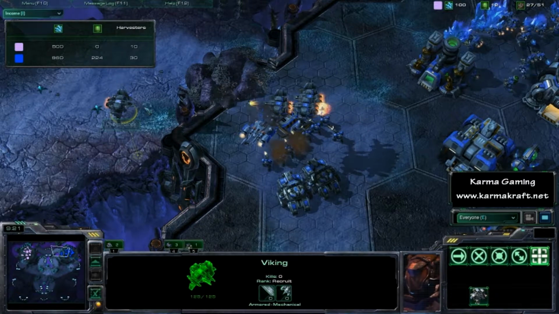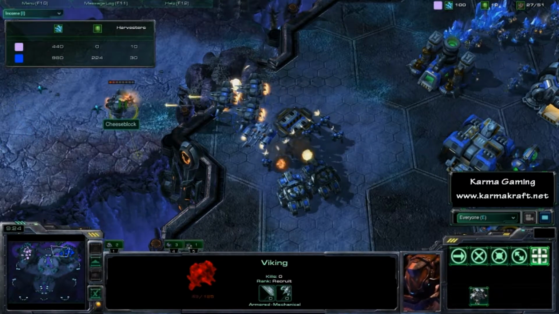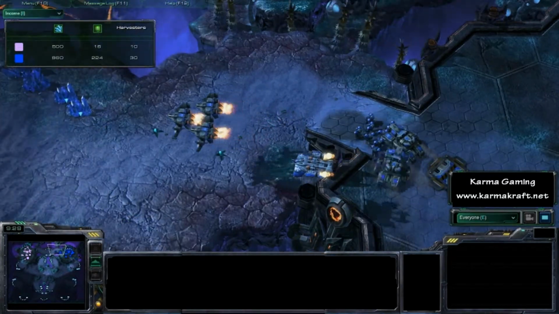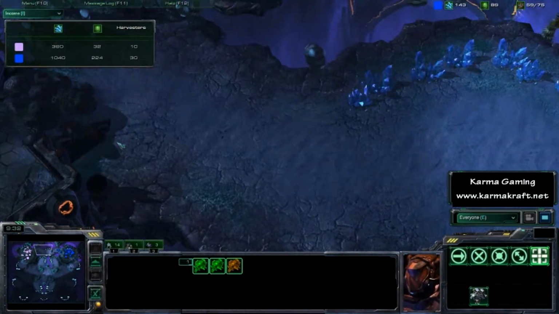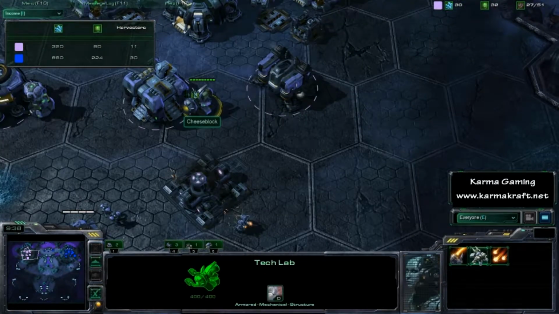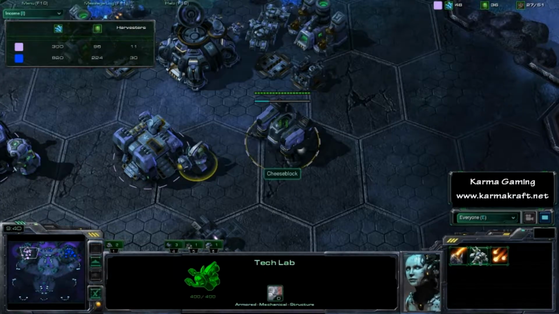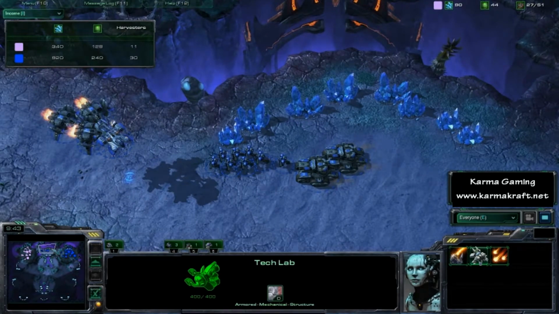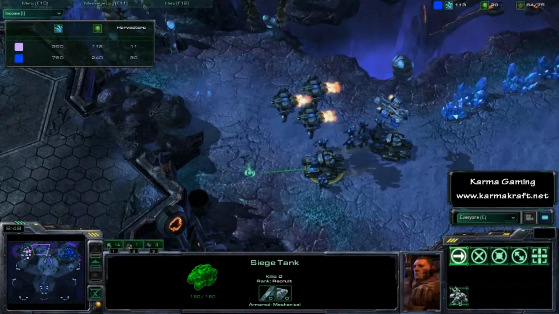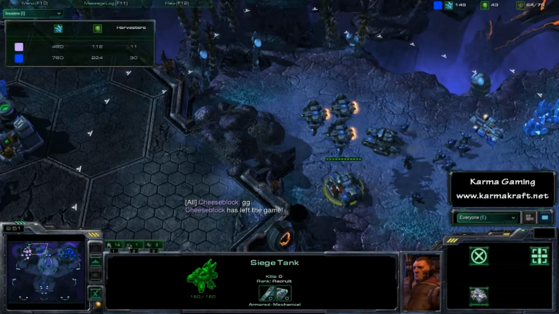This 1 Viking pushing across the map is going to see these rocks being destroyed. However, the Viking's going to be taken out with relative ease, simply because 3 Vikings is greater than 1 Viking. These 2 tanks here without siege mode are going to be somewhat ineffective. No siege mode still on the way, which is not going to be finished by the time Mouse pushes in here. However, Mouse does have siege mode, so he's going to go ahead and siege up